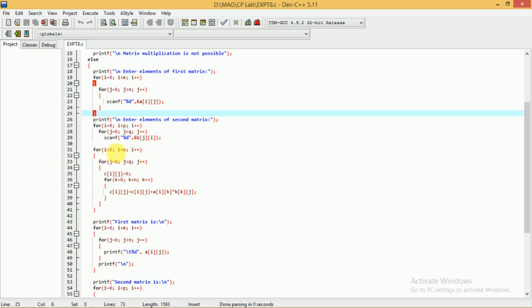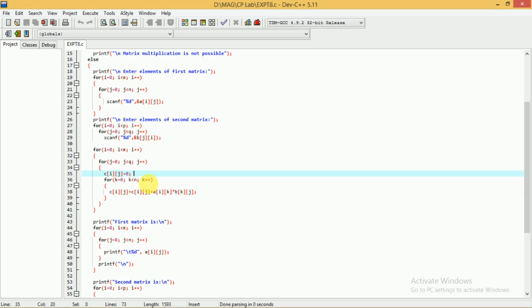So for i equal to 0, i less than m, i plus plus. For j equal to 0, j less than q, j plus plus. The resultant matrix is C here. So C of ij equal to 0; we initially place 0 at the C of ij position. After that, how is the multiplication performed?